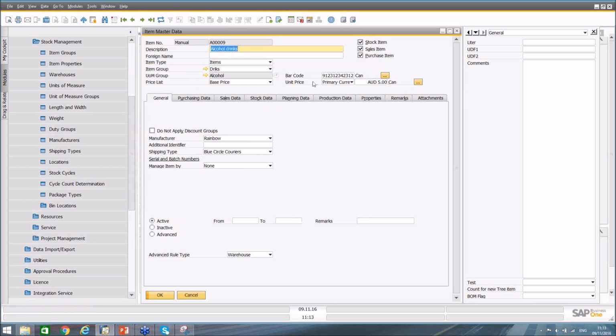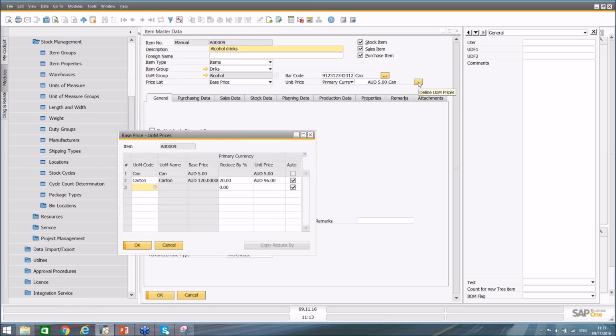But what you can also do is have different pricing based on unit of measure groups or pack sizes. So here, if I go into the pricing, I can see that a can is $5, but a carton is not 24 by 5, but rather I've got a 20% discount on it. Okay, so